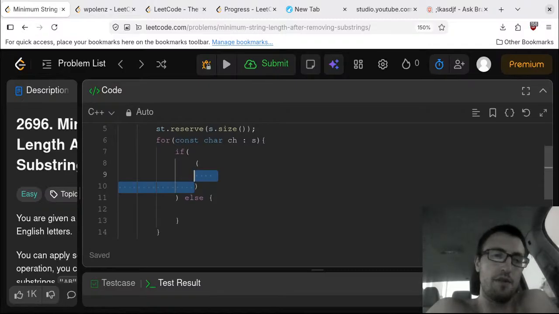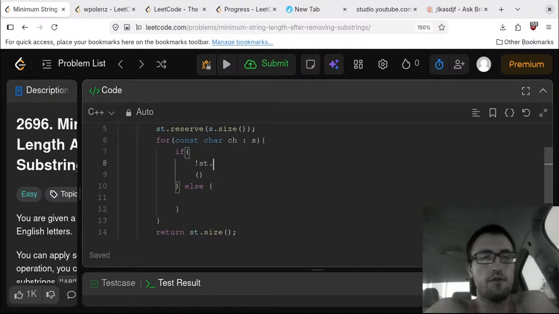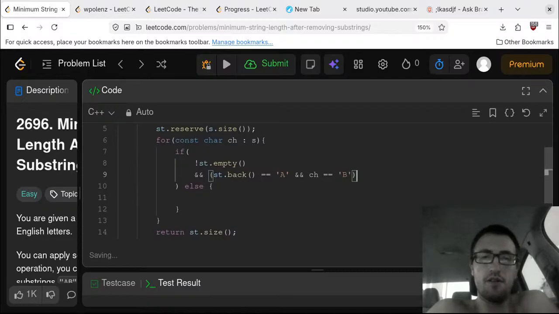Actually it should be: if stack is not empty, and back is equal to A, and this character is equal to B, or